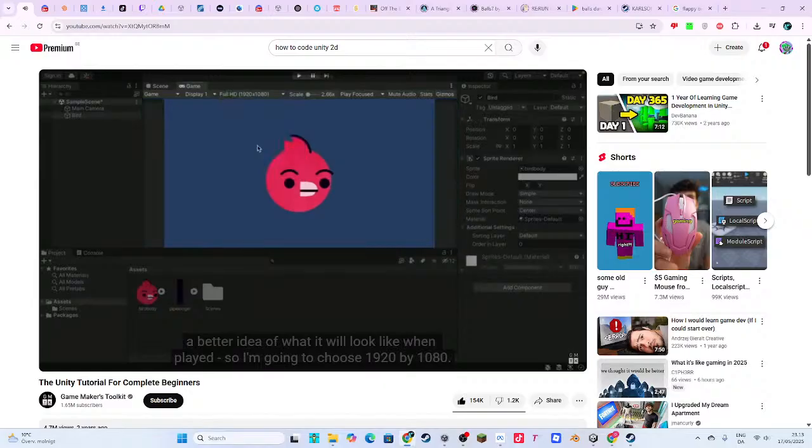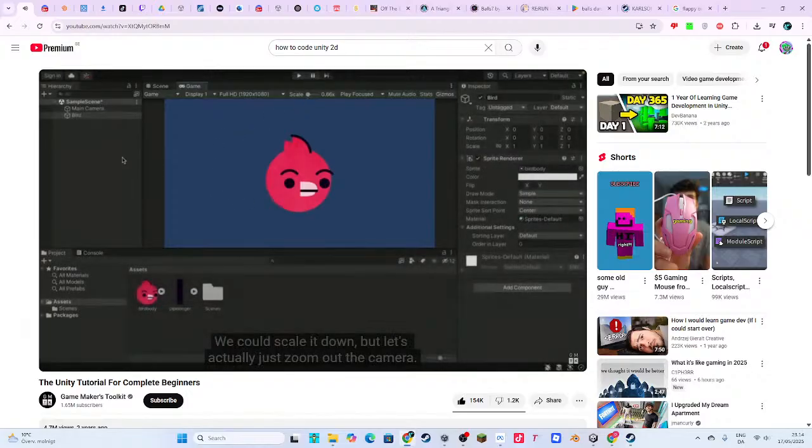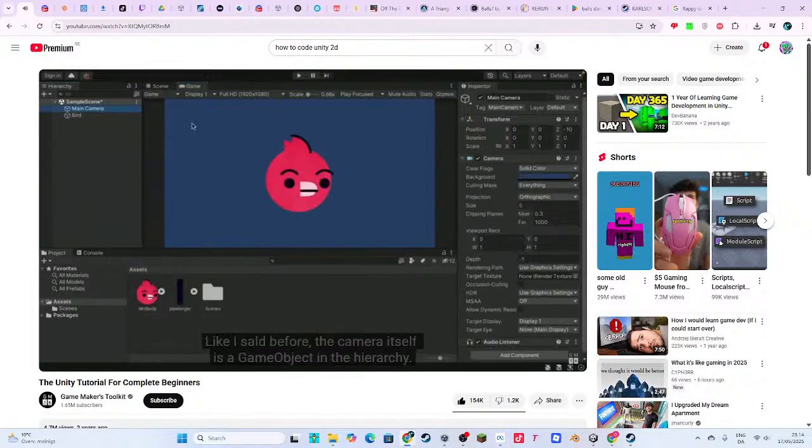So I'm going to choose 1920 by 1080. Oof, the bird takes up way too much space. We could scale it down, but let's actually just zoom out the camera. Like I said before, the camera itself is a game object in the hierarchy, and it has a camera component with stats we can mess with. By changing the size, we can zoom out.